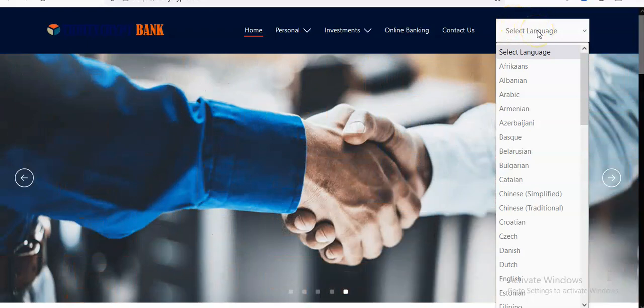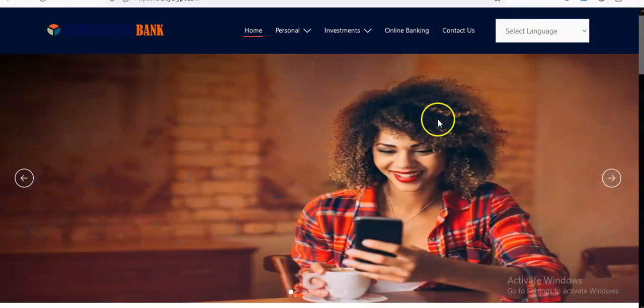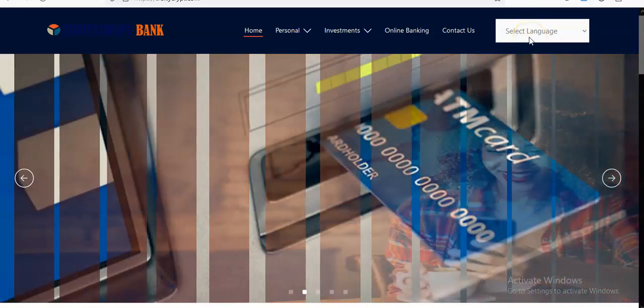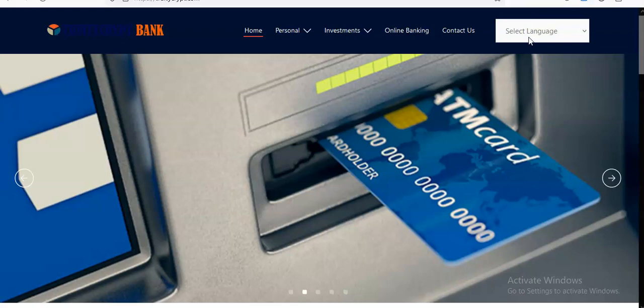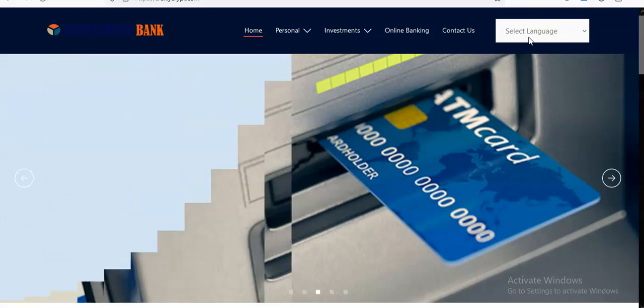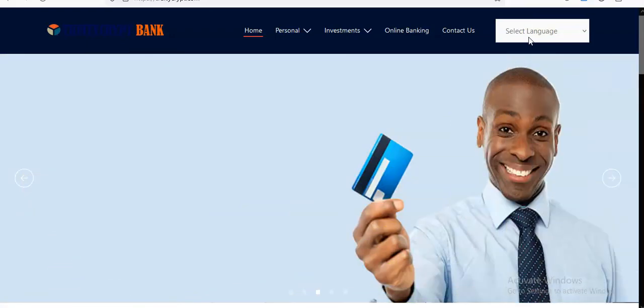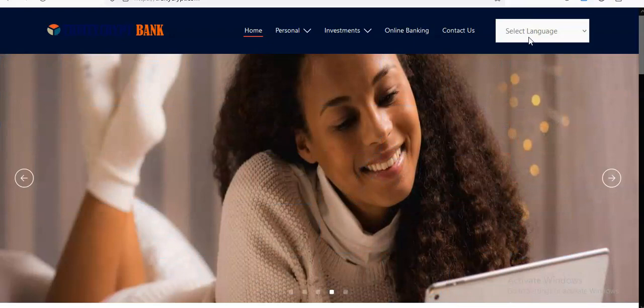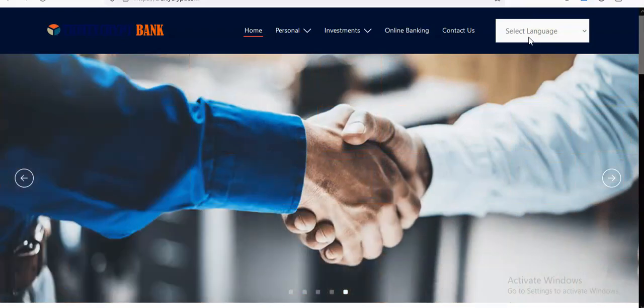This particular online banking website comes with SMS alert and is working perfectly. If time permits us, I would like to show you the SMS part of it. Also, now we can log into the user side and also the admin side to see some features that come with this bank,